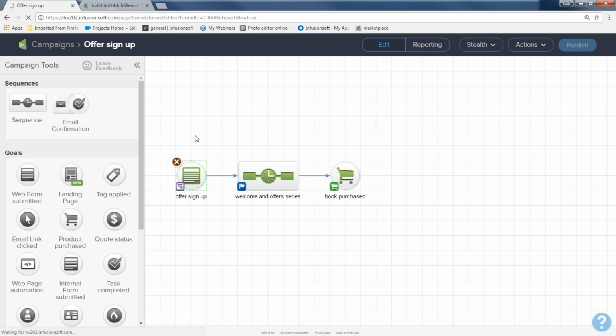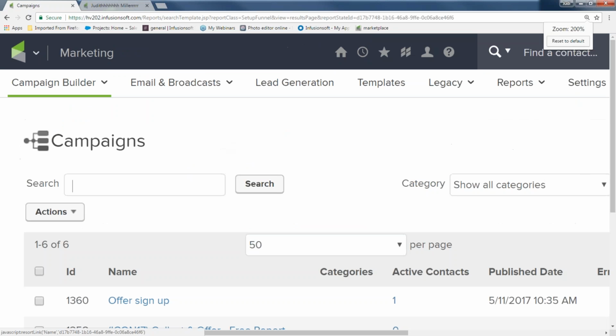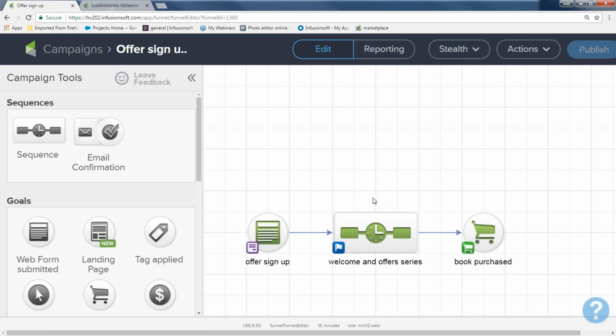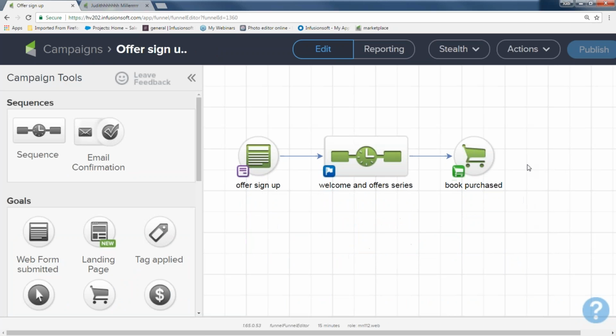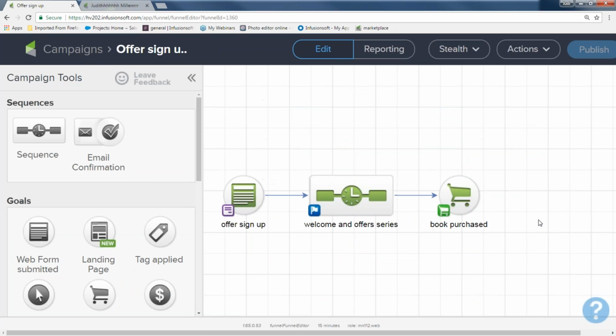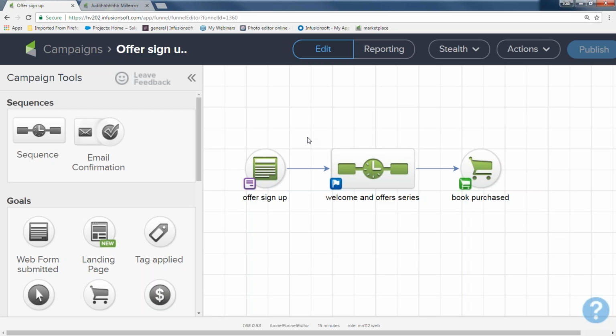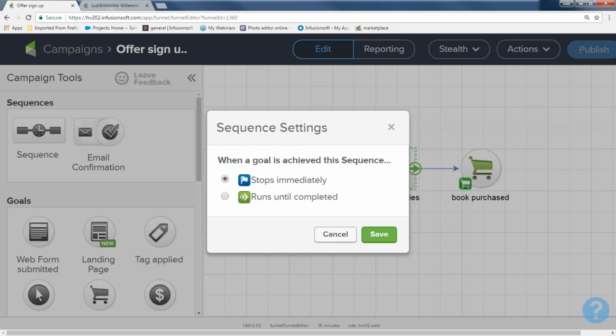Go back to the campaign, make it bigger. And let me move this up. So I'm holding the Shift key and my right click and I can move my campaign around. If you will notice, when you look at this sequence right here, you'll see there's a little blue flag in the left-hand bottom corner. When you click on that flag,